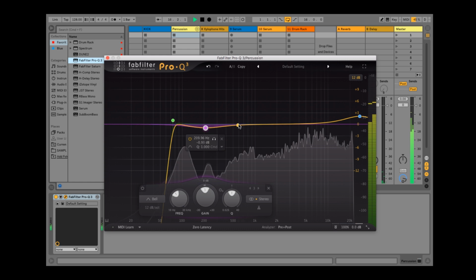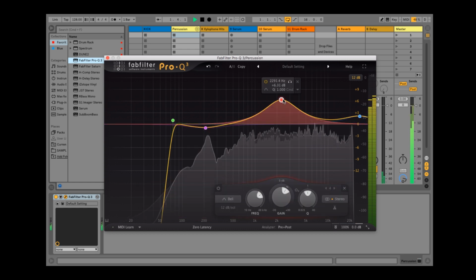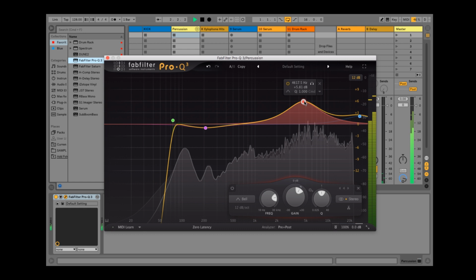There's also a dynamic EQ option that changes the gain of an assigned EQ band depending on the level of the input signal. Think of it as a sidechain for a specific frequency, handy as